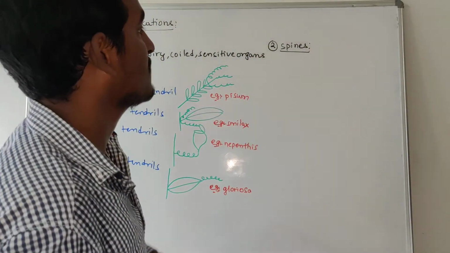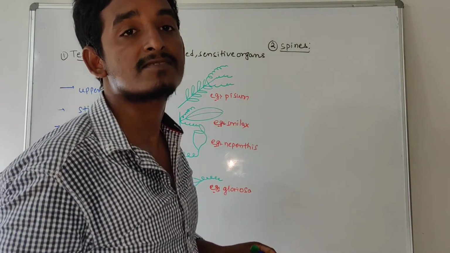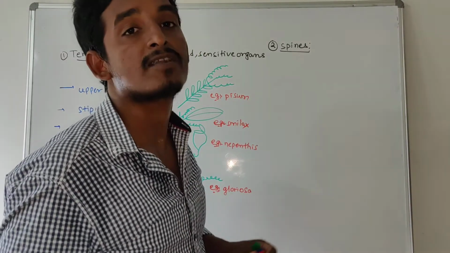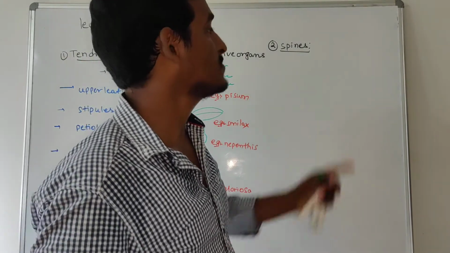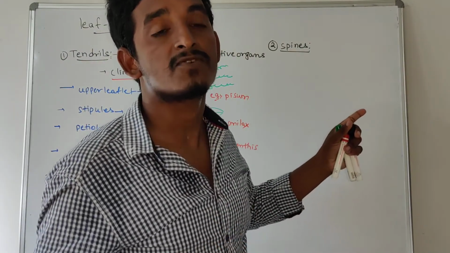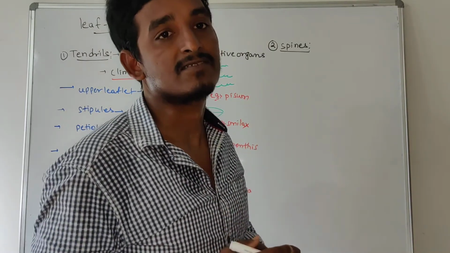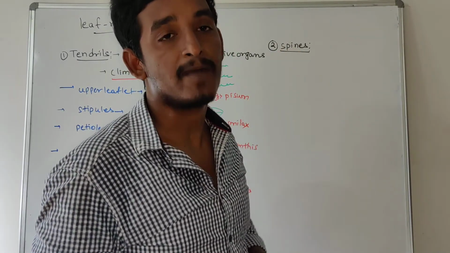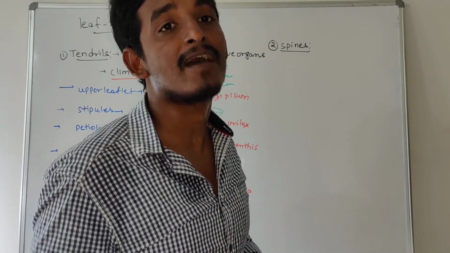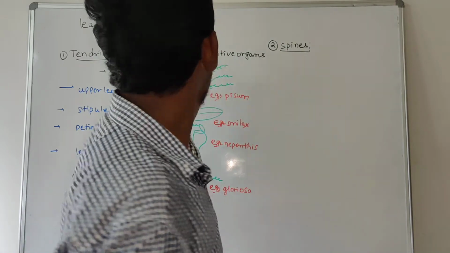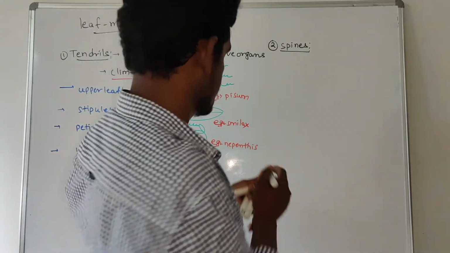Spines also are one type of leaf modification. Why are the leaves modified into spines? Because it helps to reduce water loss. If you take some xerophytic plants, the leaves are modified into spines to reduce water loss, because those are present in drought conditions, right? The sufficient amount of water is very less. So that's why the leaves are modified into spines to reduce water loss, and along with that it helps in protecting themselves from grazing animals.